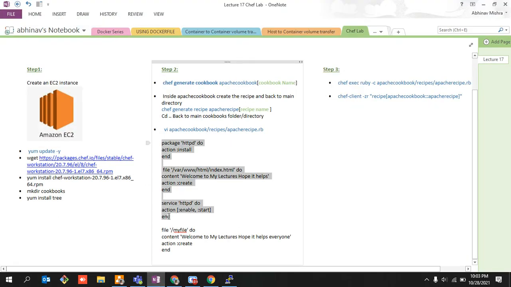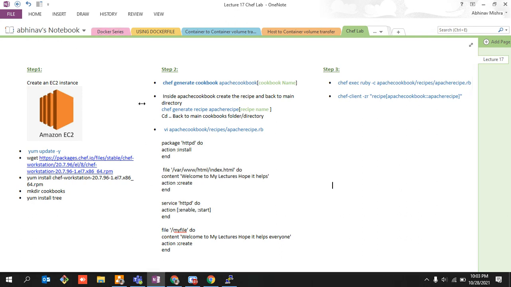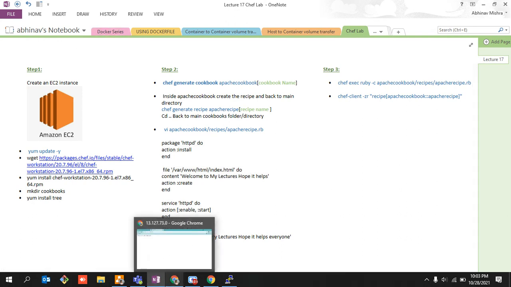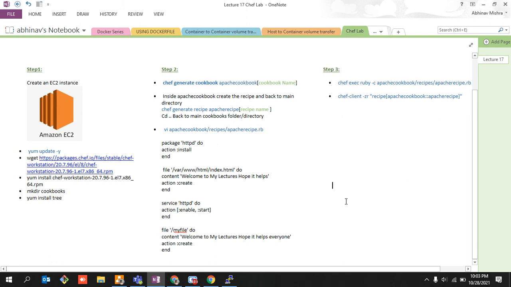It automated this particular code, and it made your EC2 instance a web server, right? In this way, your work gets easier. You do not need to go to every machine, first install HTTP, then install Apache server, then create a file manually. It did it within seconds. So we would be writing code and deploying it, and it will happen automatically. In my previous lecture I already told you this was the problem earlier, so I hope it gets solved. At this point of time, understand only this much.